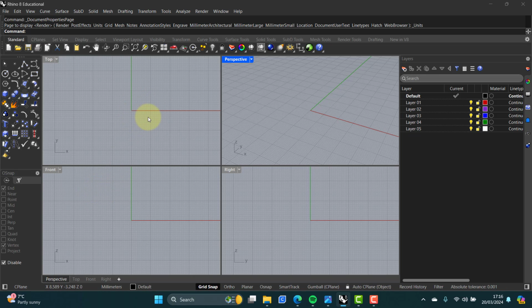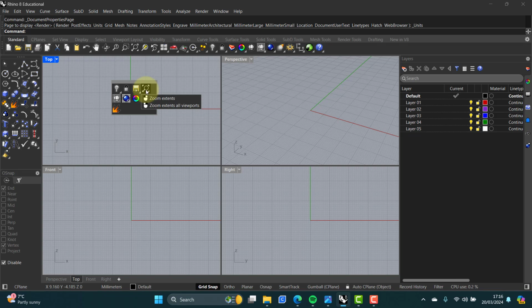quick bit about moving around in viewports. So the active viewport has the blue tab. Okay, if you're in an orthogonal view, which is these ones, top, front, right, then if you roll the mouse button, it zooms in and out. If you press the middle mouse button, you get a context menu, and from this we often use zoom extents and the shading options. Okay, if you hold